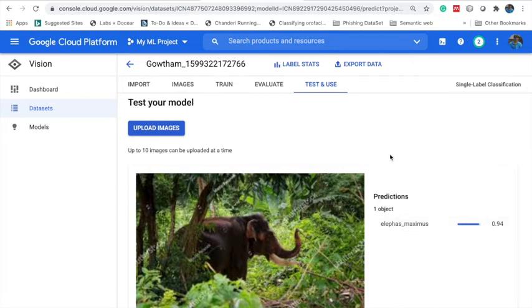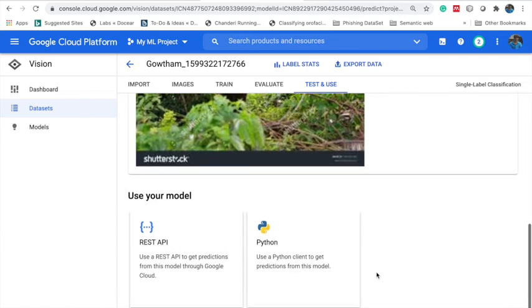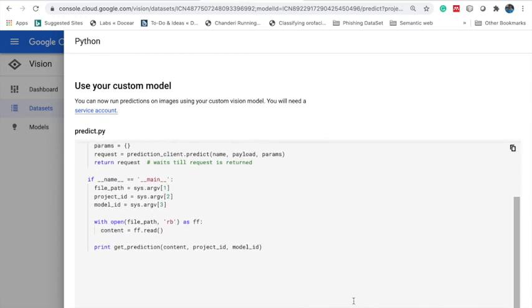The other way, you can interact with this model through your local programs. You can interact with this model by using a Python program, C# program or Node.js program. The sample program is also displayed here, but by default only Python is displayed.